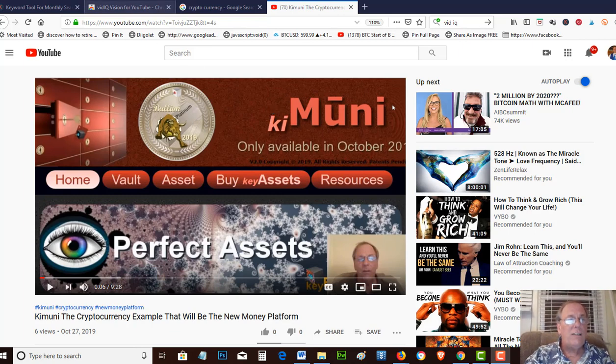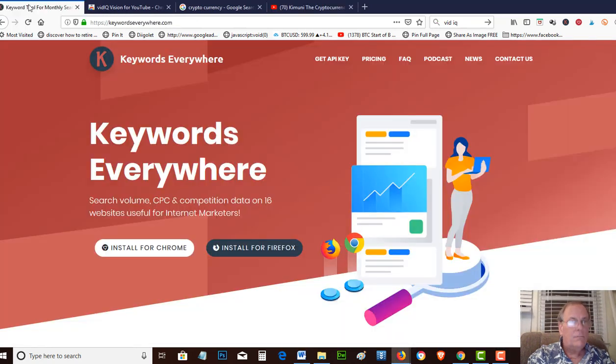So step one, what we did was we used a tool called Keywords Everywhere. And if you go to keywordseverywhere.com, you can install it for Chrome or you can install it for Firefox. Once it's installed,